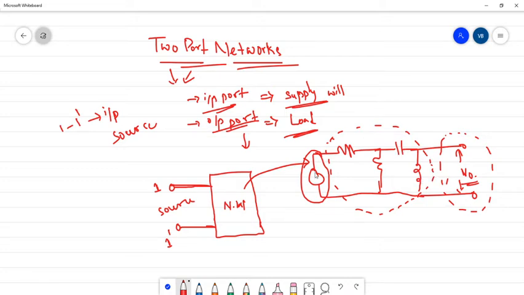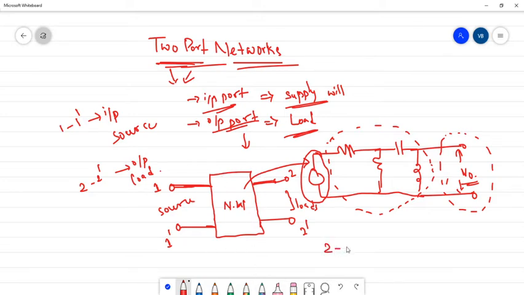So in the middle, the entire circuit is replaced with the network. Input sources are connected at the first port, and the output that is connected to the load is represented on the other side of ports of that particular network. These are named as 2 bar. These are connected to the loads. Here 2 bar acts as an output port. So this is called a two-port network. If this type of construction is there, then that is called a two-port network.